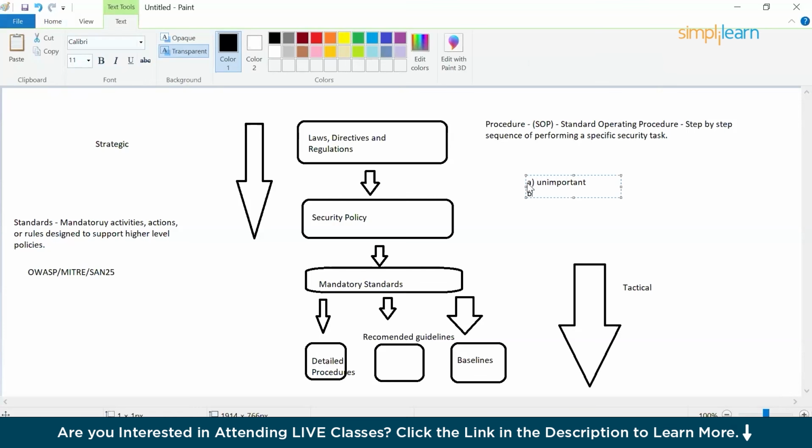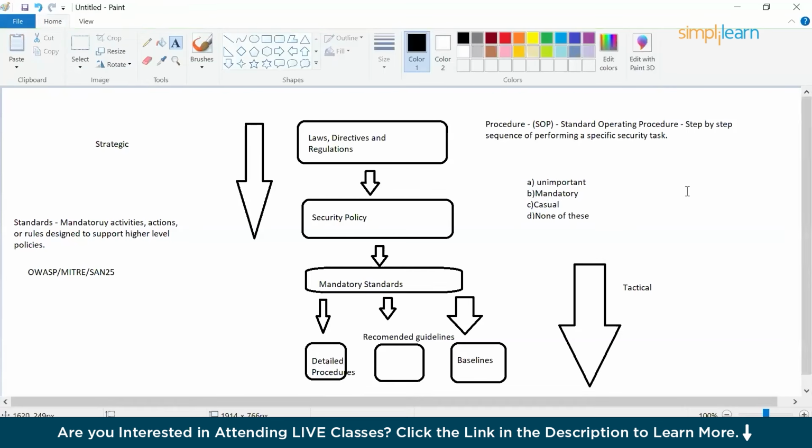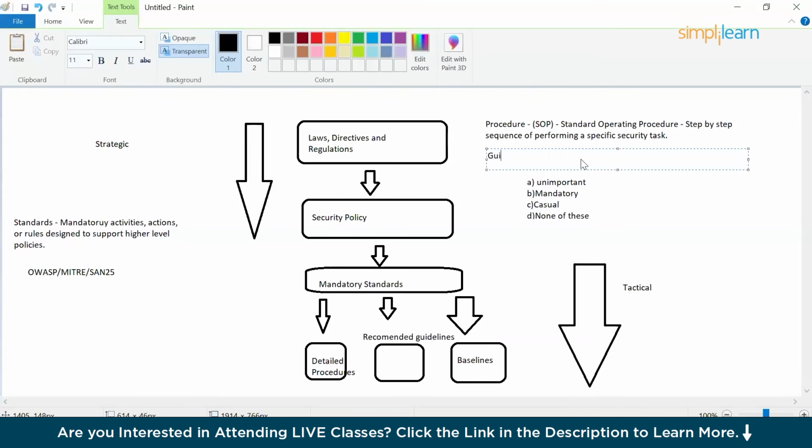Option B is mandatory. Option C is casual. Option D is none of these. So, talking about guidelines,